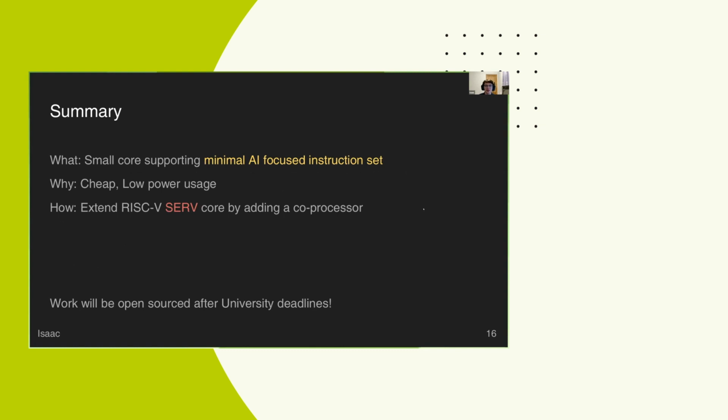you can see, in summary, we developed a vector accelerator for the Serve, which does successfully improve performance. And we did it because of the reasons mentioned previously, where smaller AI capable hardware is useful. There's use cases for it. And I'd like to finish by saying all our work will be open source after our university deadlines and things have passed, for reasons like limitations we have there. I think that's everything. So if there's any questions about our talk, we'd like to answer them.